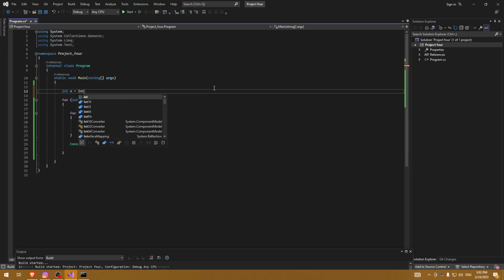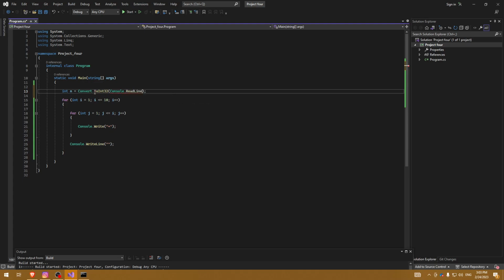So int 32, we use int because the number of the stars can only be a whole number, because we can't have 10.4 stars, okay, in this case. So let's convert it to int 32, open the brackets, semicolon,